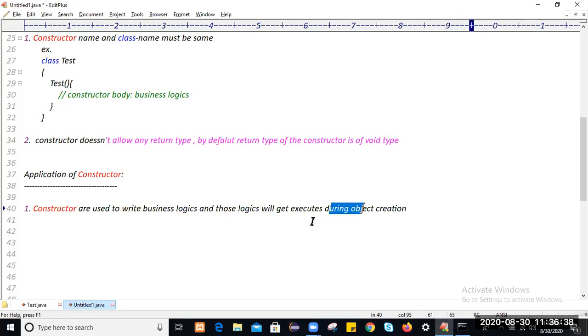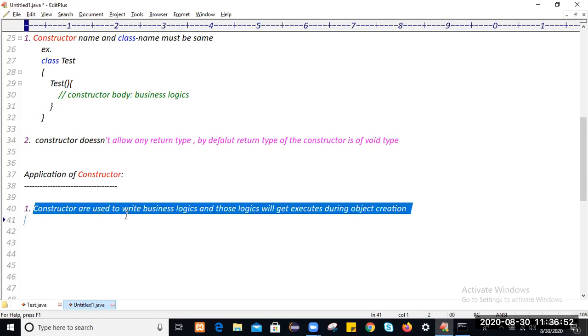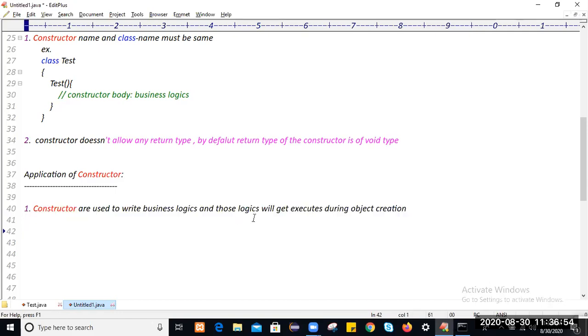Method logics execution depends on the method calling statement. You created a method; if you want to execute the logics of the method, you have to call that method. Similarly, if you declare a constructor within the class, to execute the logics of the constructor, you have to create an object. It means constructor logics execution depends on object creation.